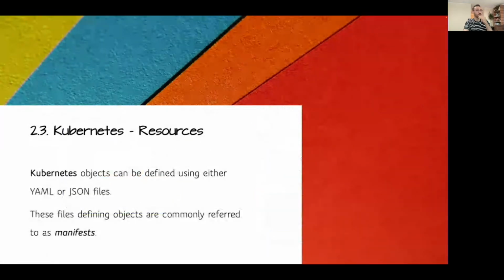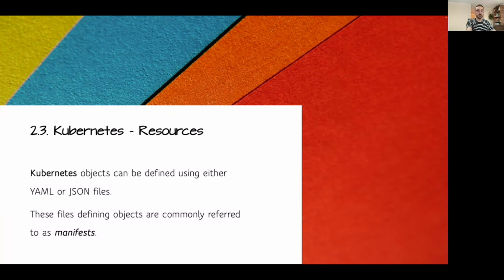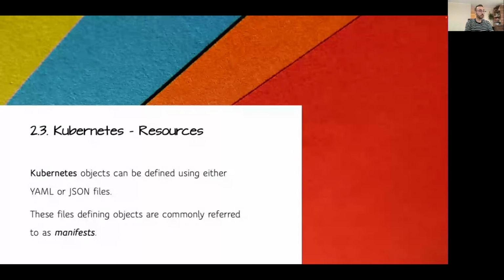Okay, so we saw what Kubernetes is. We saw its main features. We understood its main components and how they work together. Let's now go a bit more in depth and see how we can manage those objects